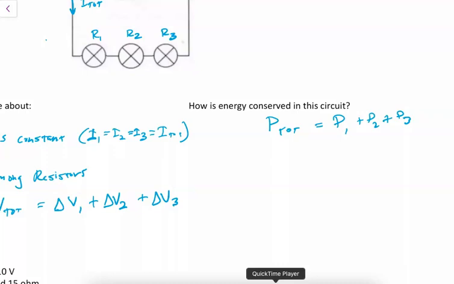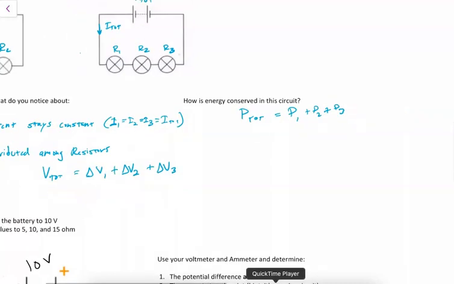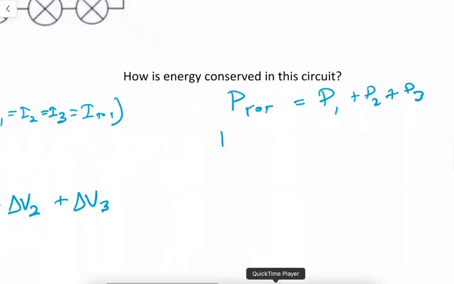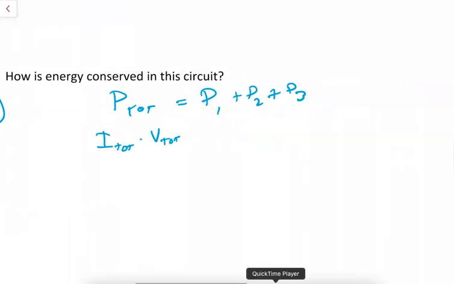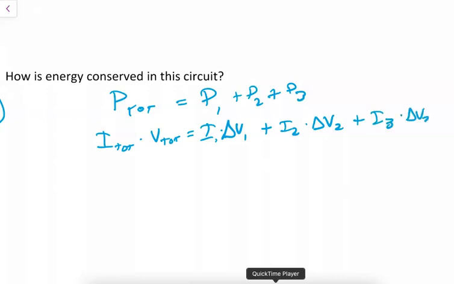We've also learned in class that this P total is equal to I total times the V total of a circuit. And we've also learned that P1, and we just did this above, is equal to I1 times V1, right? The current times the voltage. Oh, I should use a potential difference. And this is I2 times delta V2, and this is I3 times delta V3. Now,